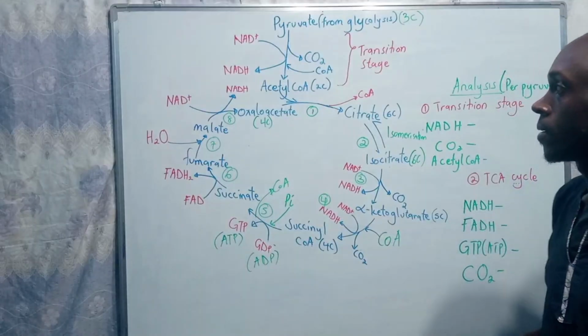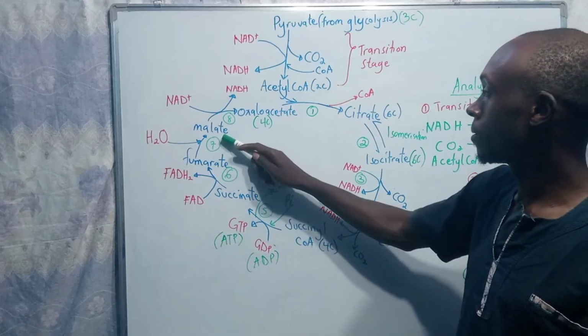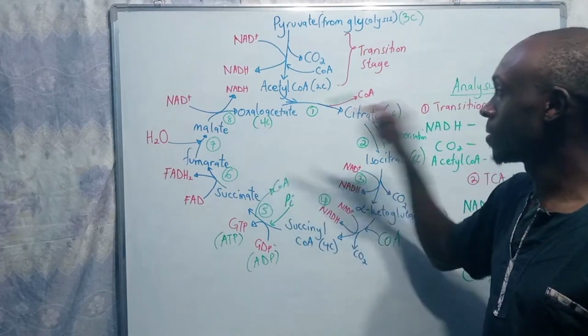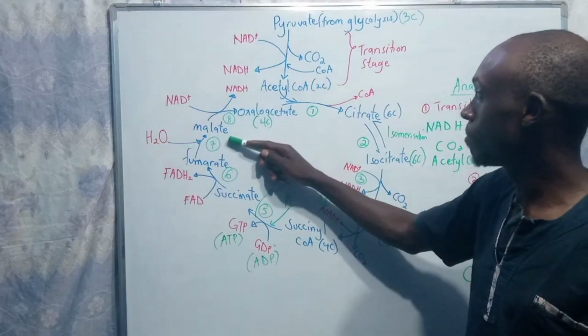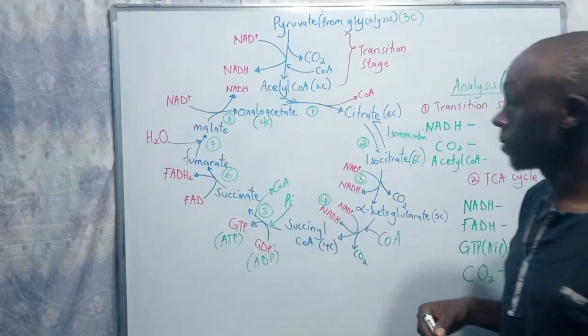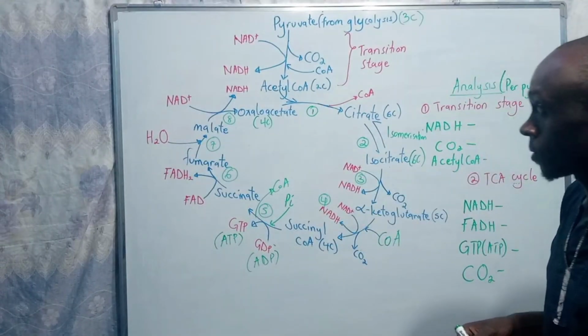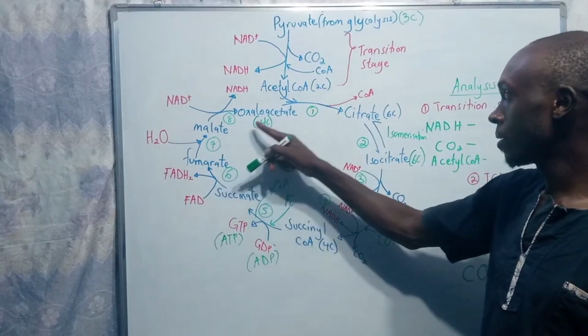So that is stage number 7. From stage number 7 we go to stage number 8, whereby the malate goes back to oxaloacetate, with oxidation of the malate to oxaloacetate. This time we use NAD, oxidized, to NADH, reduced. So hydrogen is picked up from the malate to form